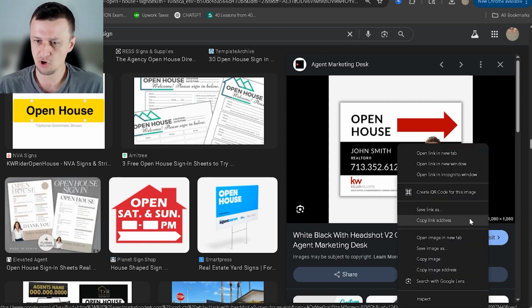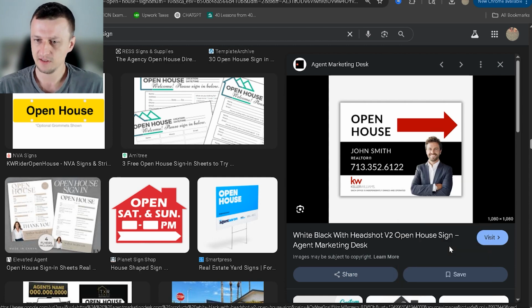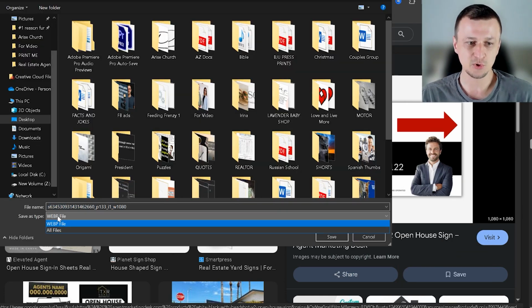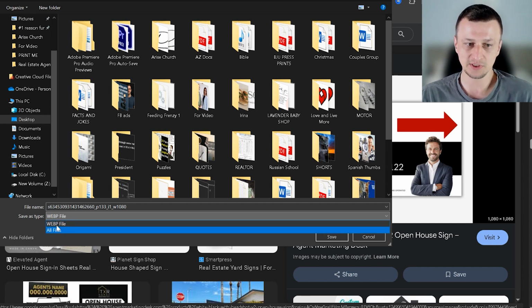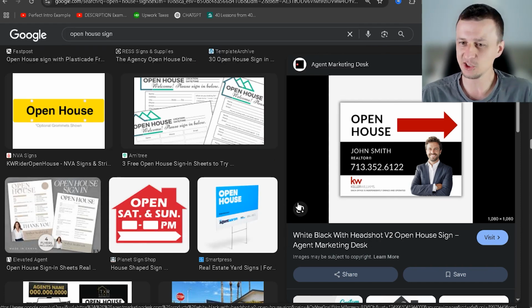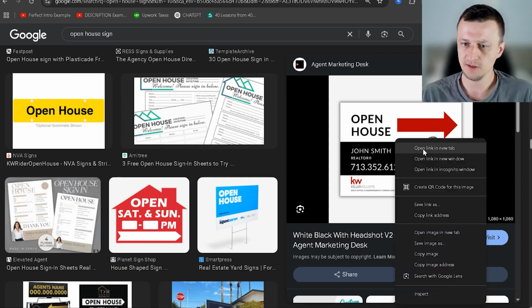But what I wanted to show you in this particular scenario, if you right-click on this image and press Save Image As, a lot of these images are actually going to save as a web page, and you don't want that. Basically, what this means is if you're going to try to open this image, it's simply going to take you to that web page. But what you want to save it as is a JPEG. So this will not work. And the easiest workaround that I have found is to simply right-click on the image, press Open Image in New Tab,